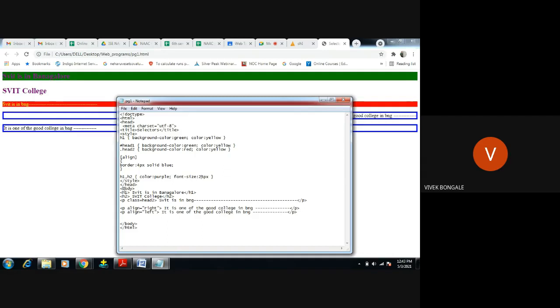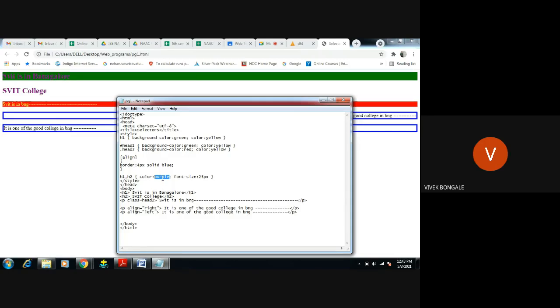And for h1 we have one more, background color is green. So here I will come to this part. Even though we have given yellow, you just observe, just notice here, we have given the color yellow. Here we have given the color purple. Now the text color should be yellow, but it is displaying in purple color.